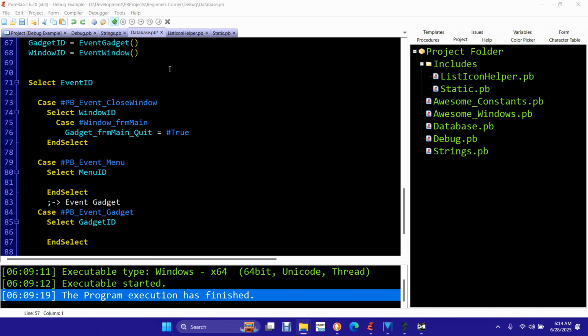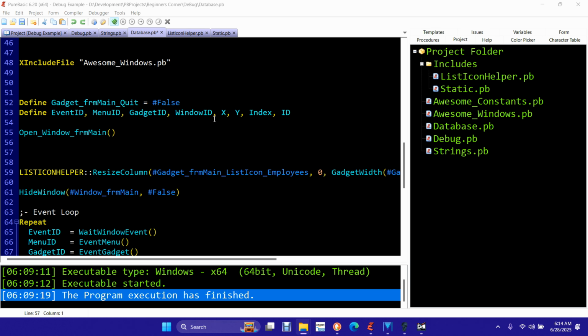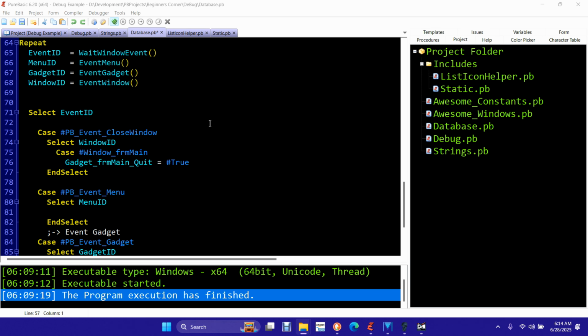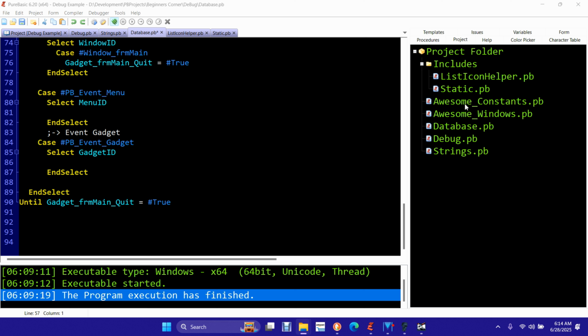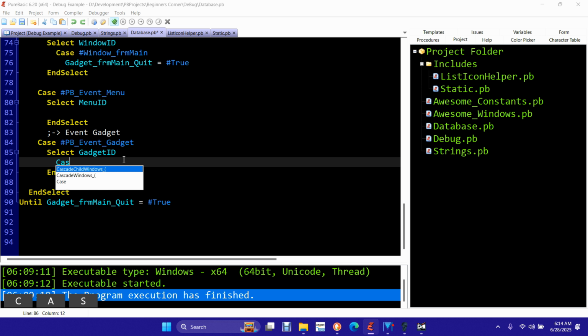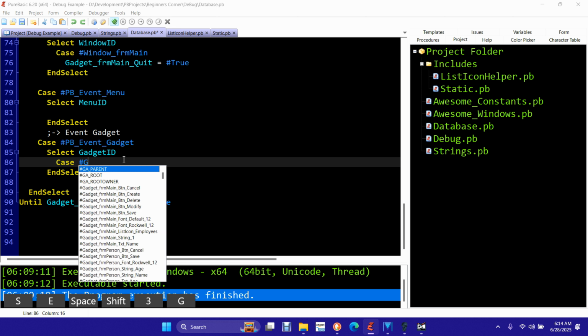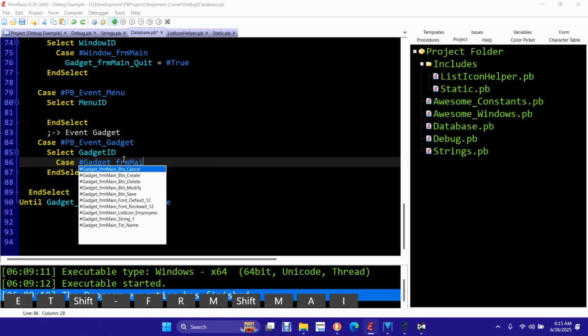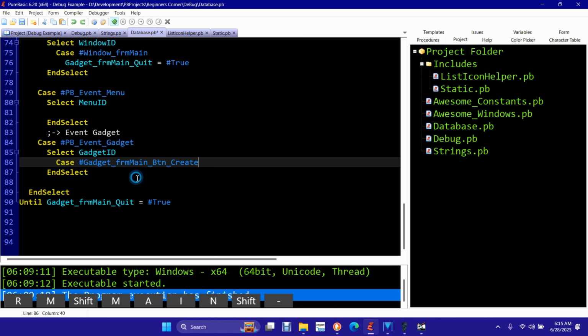Okay, so I'm picking up with number 4. The next step I want to do is to link the children in. So let's come over here and we can say case pound db date gadget frm main, and this is going to be create,